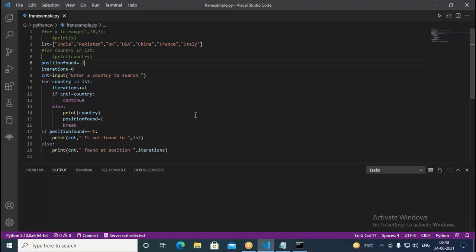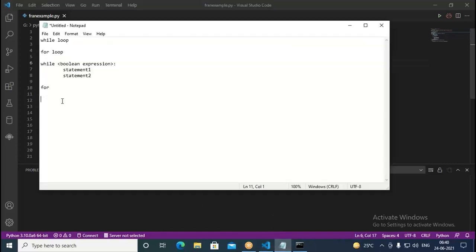Okay, got it. So this way it is actually retrieving data from the given list and it's going to print in this manner. Now on this, I will send you some assignments that you have to do on the while loop and the for loop. So for the while loop, what I give you is,